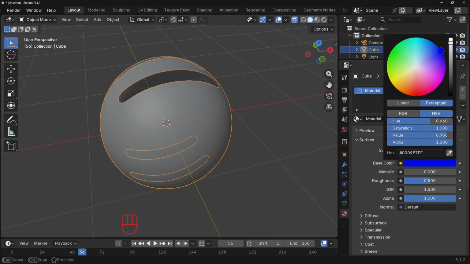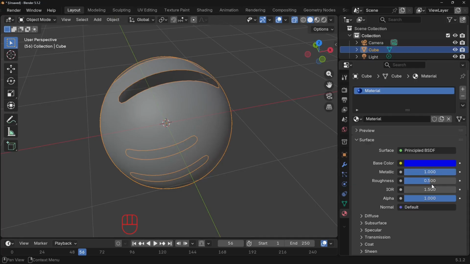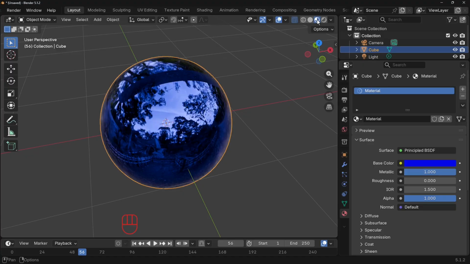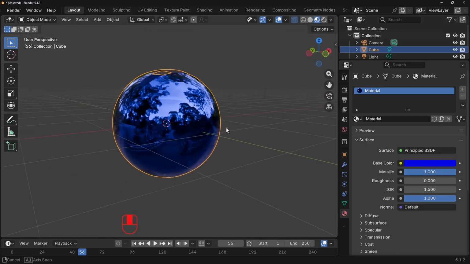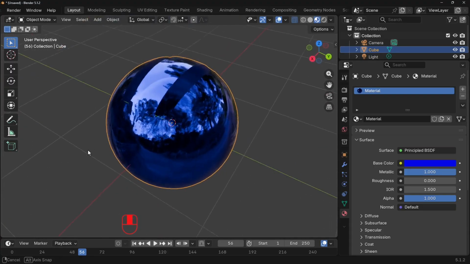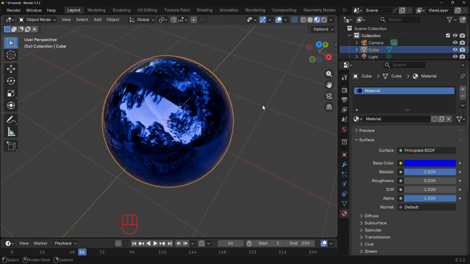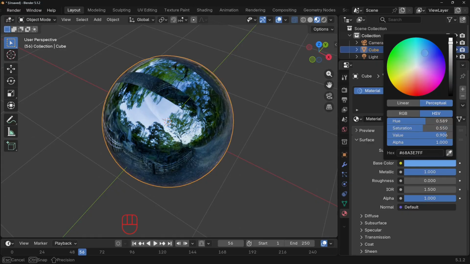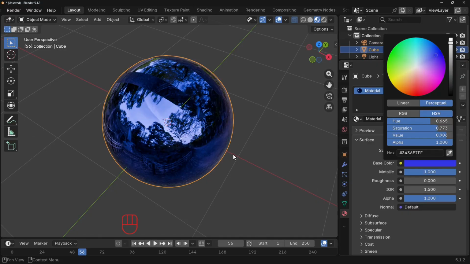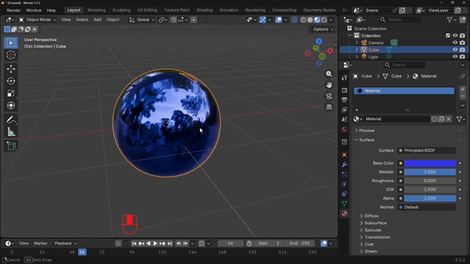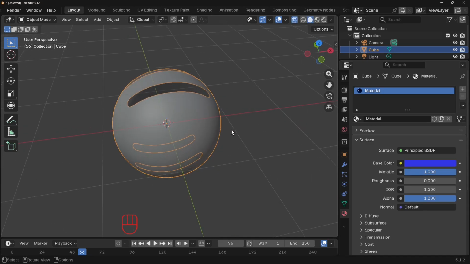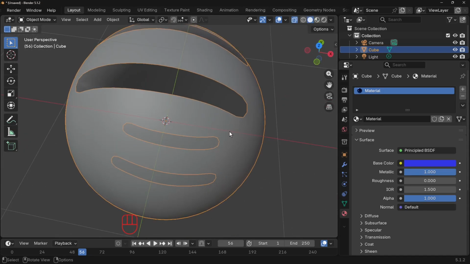Let's make it a blue and metallic, and we'll take the roughness down just so we can actually see what this actually looks like at present with the actual standard reflections in Blender. So that's what it looks like at the minute. That's a bit of a dark blue. Let's make it a bit, ooh, that's quite pretty. Anyway, so we've got our blue, and what we can do now is add in a thickness